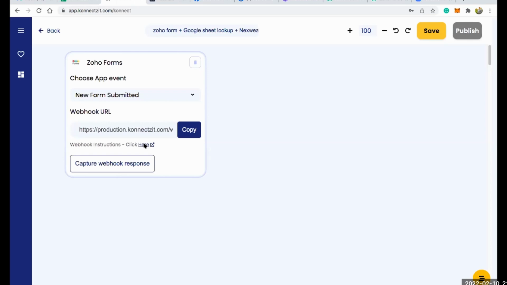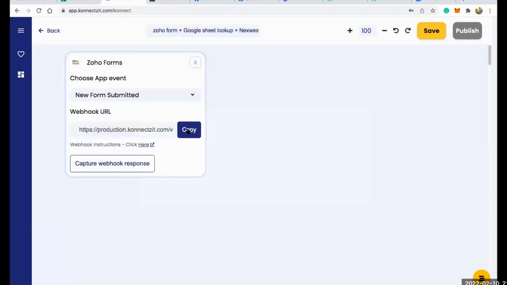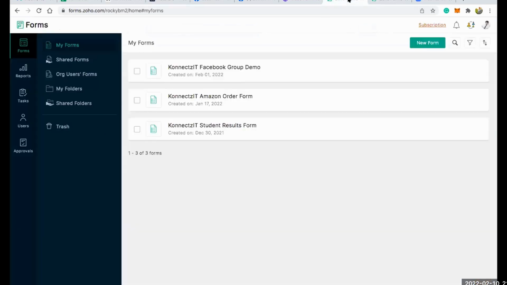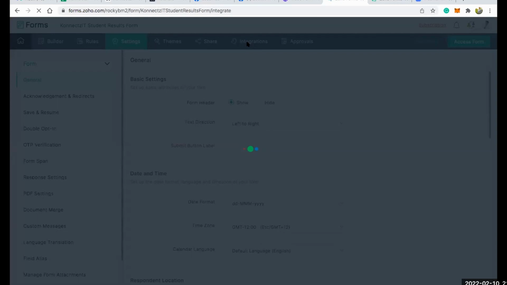But based on the instructions given here, you have to paste the URL. This is a URL. You have to copy that and paste it manually into your Zoho Form based on the instructions, and capture the response for the first lead. So now I copied the URL. I will go to Zoho Forms. Basically the settings, I know the instructions, so you have to follow the instructions, and the integration page